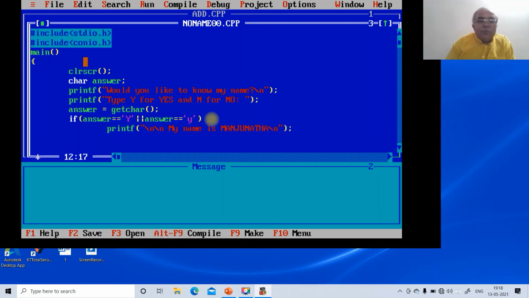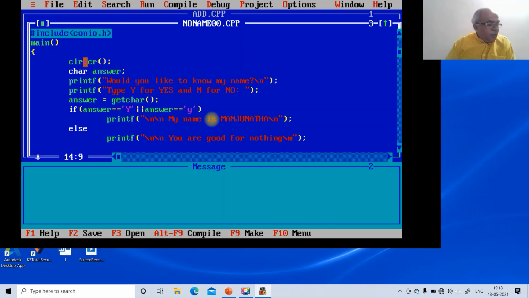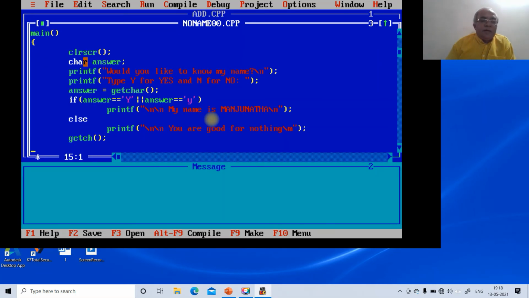Else, suppose I don't want that, then printf "\n You are good for nothing.\n". Then we have a getch function, then close it.